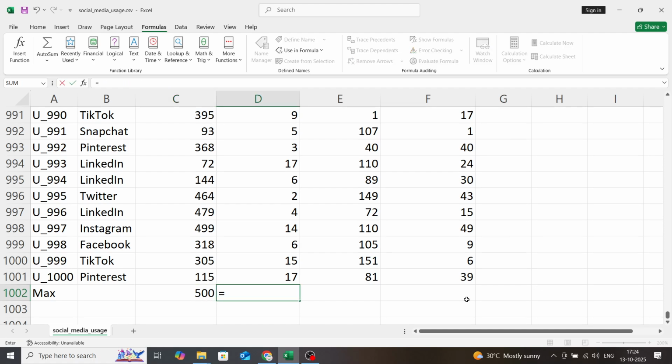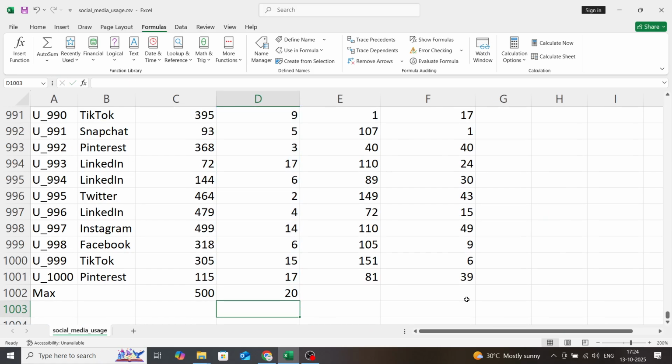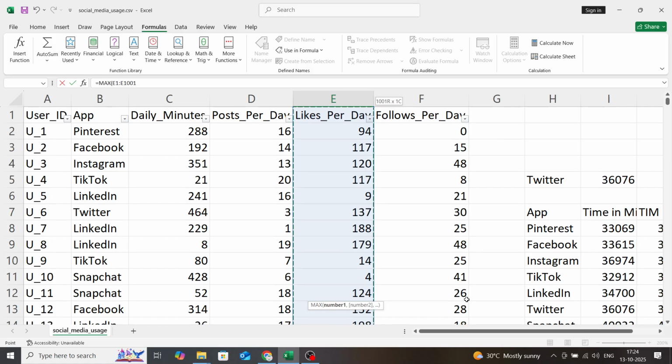I want to again calculate equals MAX, then it is asking for the argument, range. So Control Shift Up arrow, now it will give the range, close the parenthesis and Enter. Equals MAX, I want to get the max value and I will give the range, Enter.